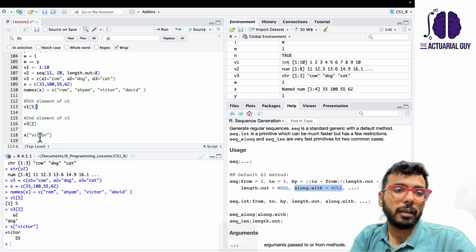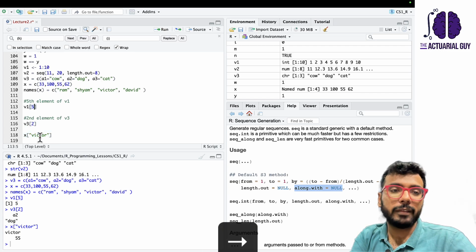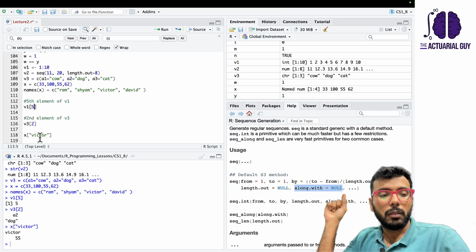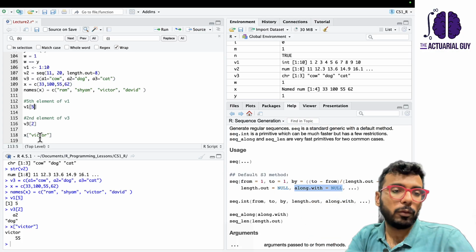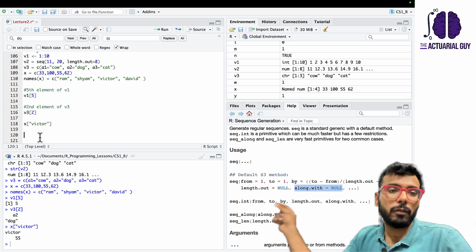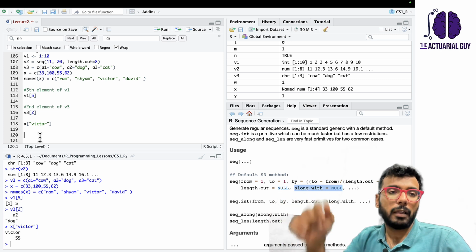So you can either refer through the index. This is called the index. At what index is that particular value? Or the second way to refer to it is through its name. So that's another way. If you want to select a bunch of values from a particular vector, let's say from